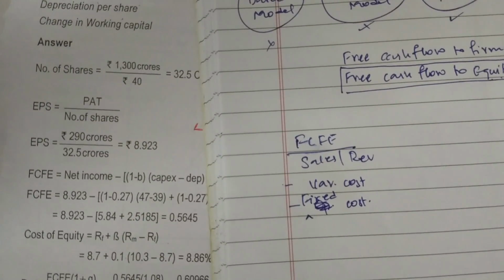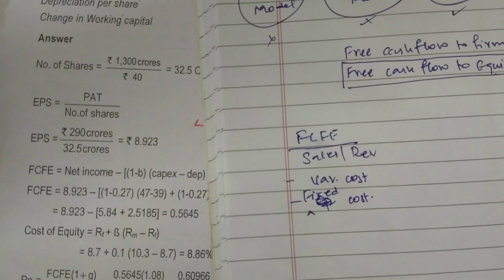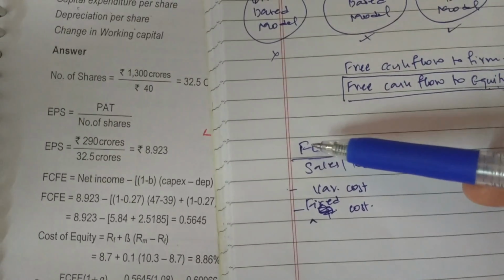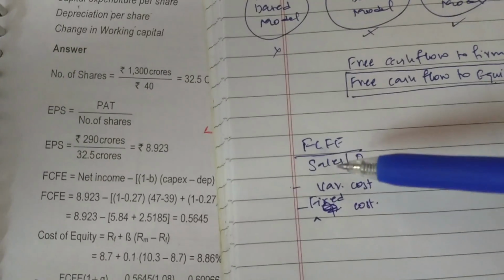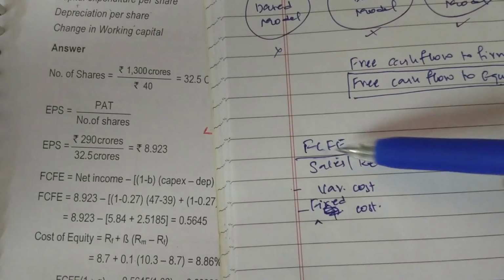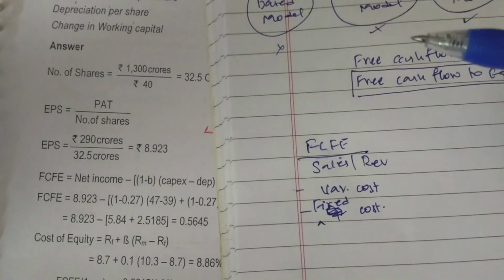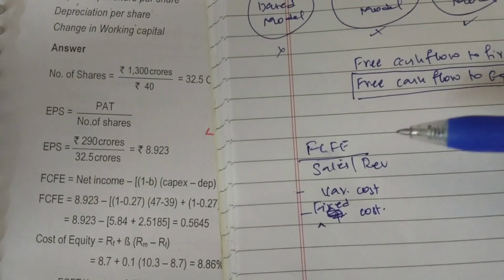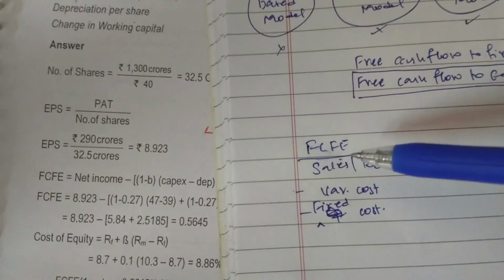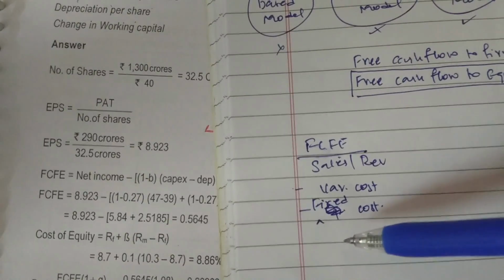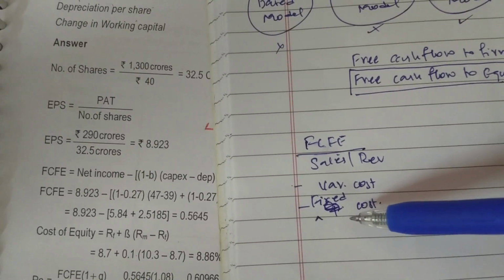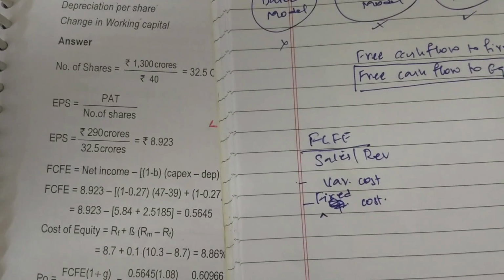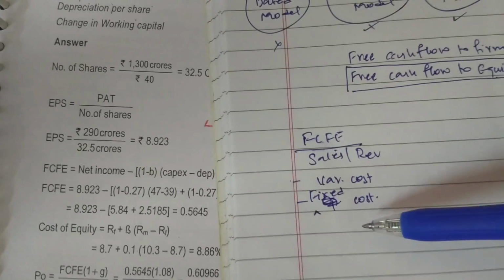The question now is whether you should deduct your depreciation here. See, we are trying to find out the cash flow, the free cash flow to equity. That is, anything considered over here is something where cash flow is involved. Sales is a cash inflow, variable and fixed cost are cash outflows. So these are items where cash has been involved. So the question is, should we consider depreciation? The answer is depreciation is not a cash flow item. Depreciation doesn't involve any kind of cash outflow. So ideally, it should not be considered over here.